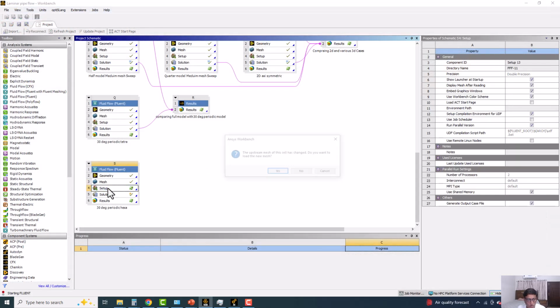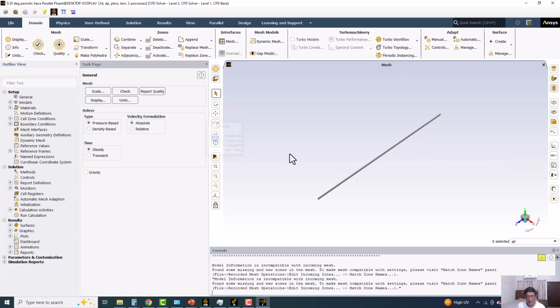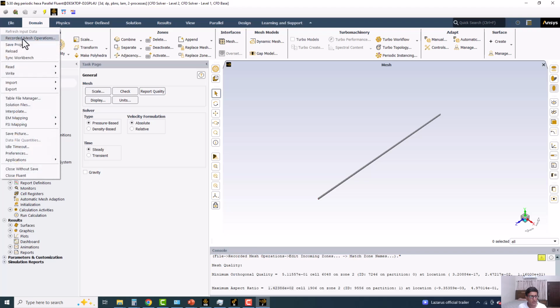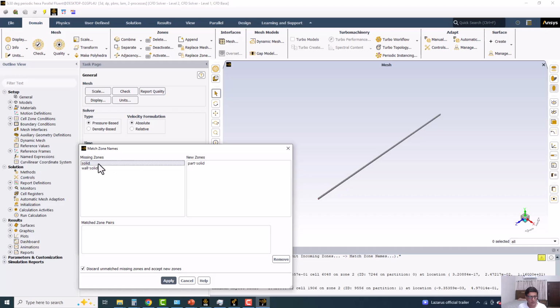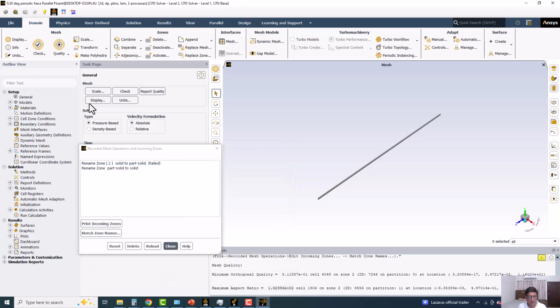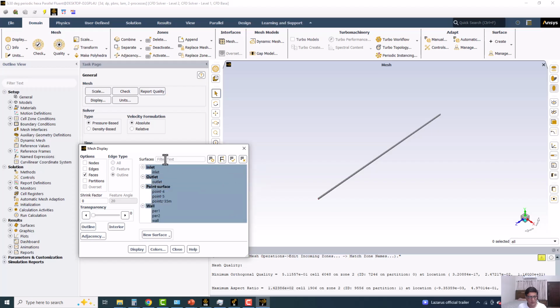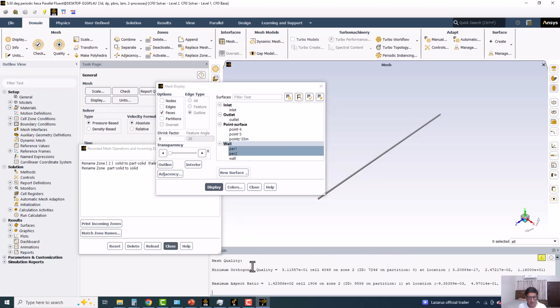So go to the setup. The report quality is very good actually. The aspect ratio is 140, and here you should go to reported mesh operations and solve any issue that is there. I don't think we have any issue. Display the mesh and then we can check. Use the surface type coloring. Here they are the product, they should be product, but right now they are walls. So I will